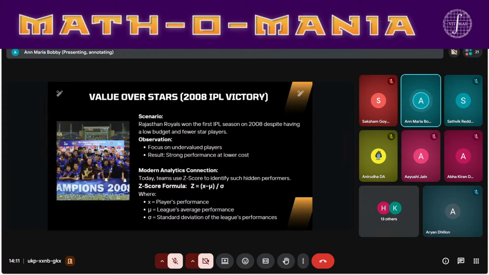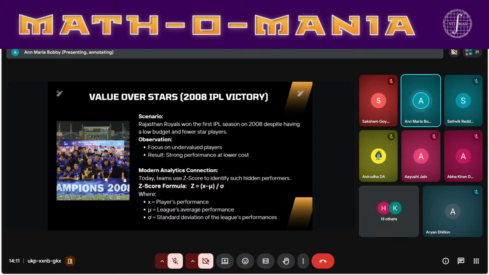So these players, those people were not considered big stars then, but they performed exceptionally well. So that is the main point here. The main observation the team made was that they focused on undervalued players or consistent players, and as a result they got a very strong performance at a very low cost, and they won the IPL title. So this is a classic example of analytical thinking, that is finding value over stars